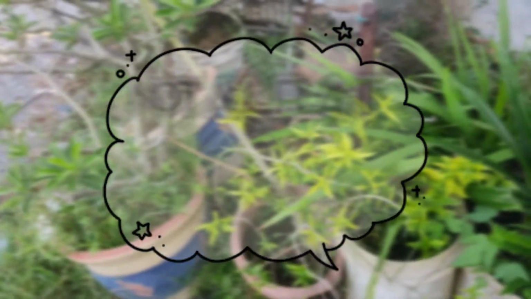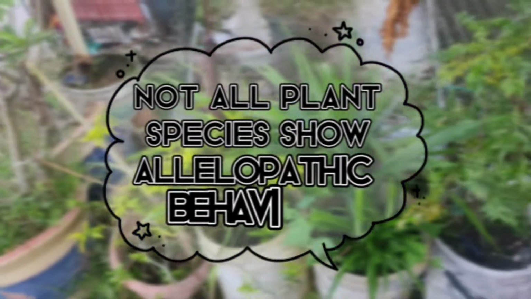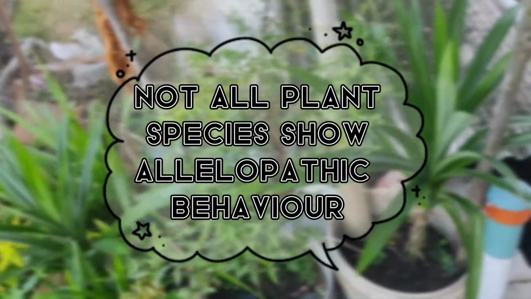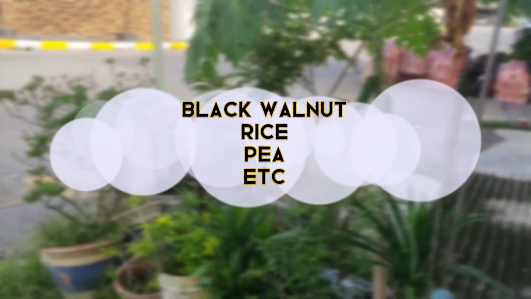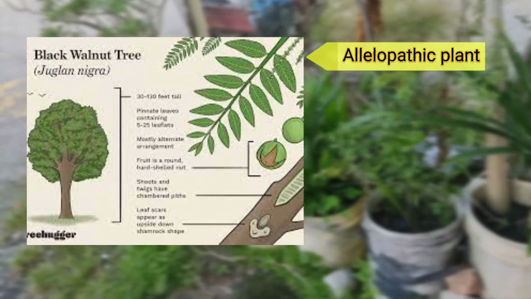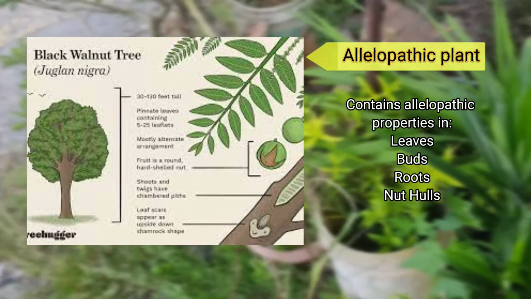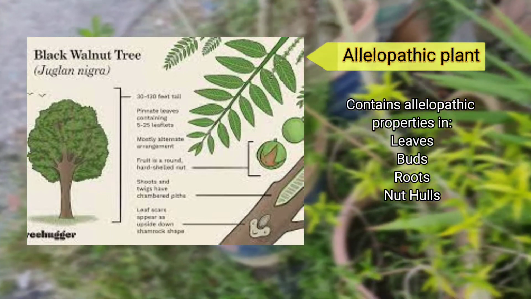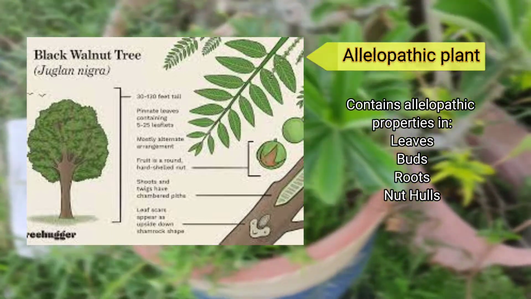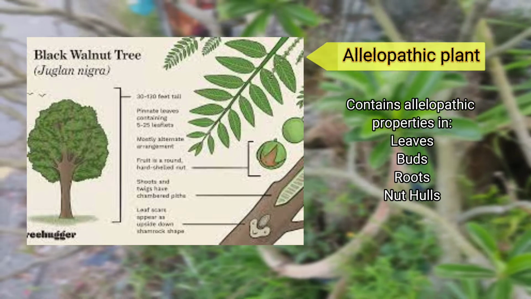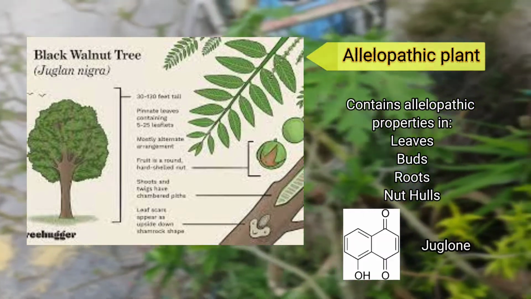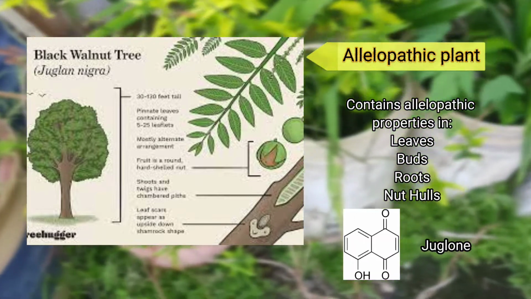Though a considerable number of plants in nature show allelopathic behavior, allelopathy is not a common phenomenon for all plant species. Some plants and trees that are well known as allelopathic are black walnut, rice, pea, etc. Black walnut is an expert allelopathic plant which contains allelopathic properties within its leaves, buds, roots, and nut hulls. It is also known to secrete a substance into the soil called juglone that is a respiratory inhibitor to some